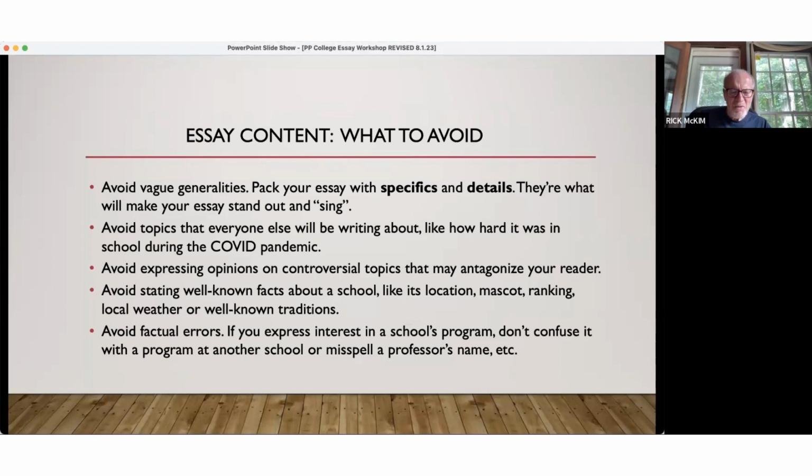When they ask a question, as they often do, like why are you applying to this particular school? You should know something about a particular department or a particular professor that you want to work with, or a particular program that you want to be part of. If you're applying to Yale and your